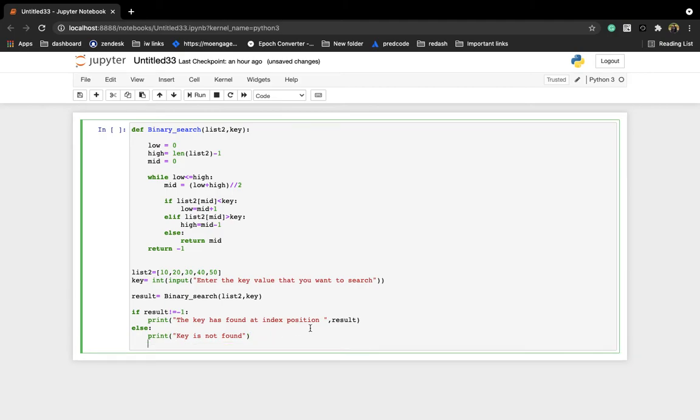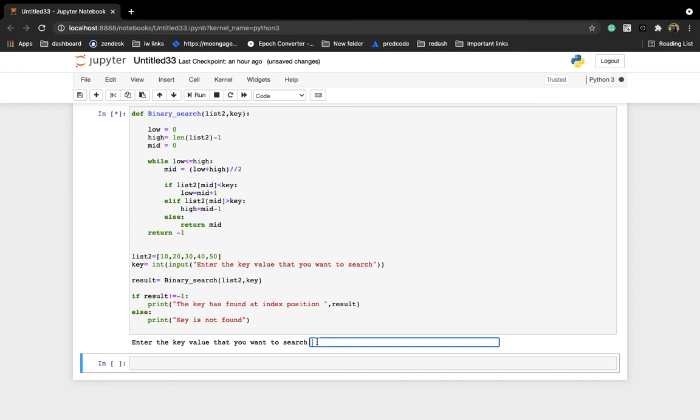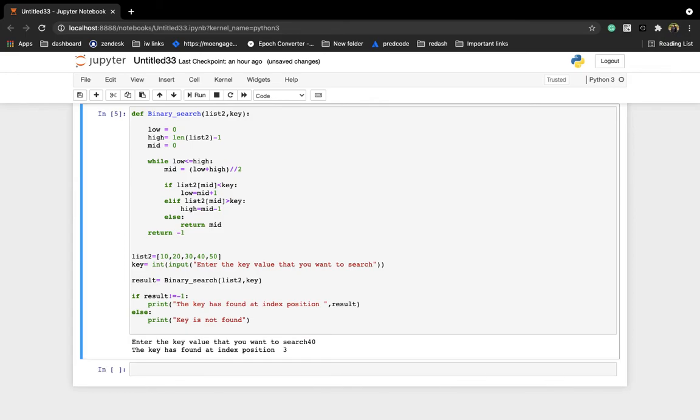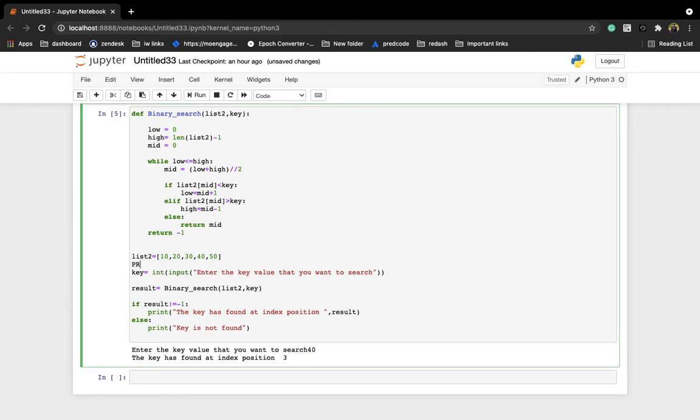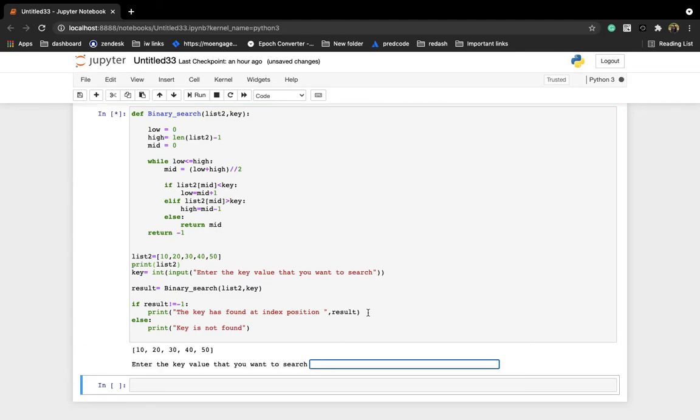Okay, fine, cool. Once you execute this, enter the key that you want to search. Let's say I'm writing here 40. So 40 has been found at the third index. Okay, fine. Let me print list 2.